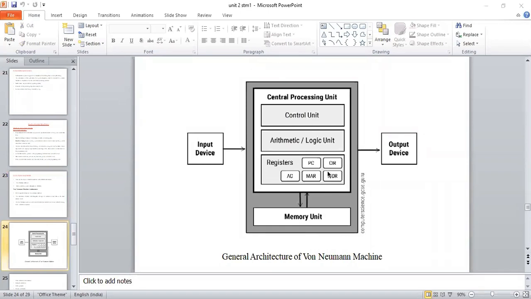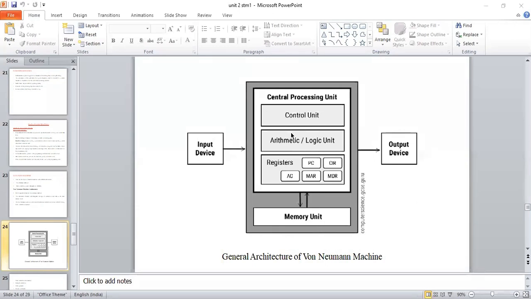See this, it is a basic architecture. The von Neumann architecture contains different parts: input devices and output devices. Everyone knows what input and output devices are. The input device receives the input value, and the output device displays the result after the calculation. Besides the input and output devices, we have the central processing unit and the memory unit, which are connected.